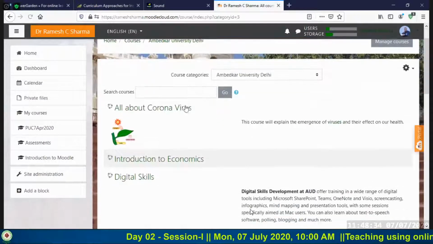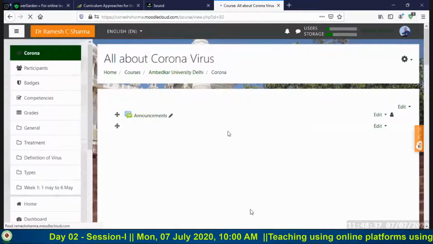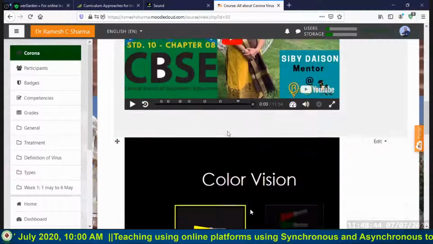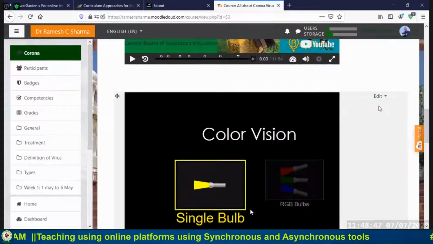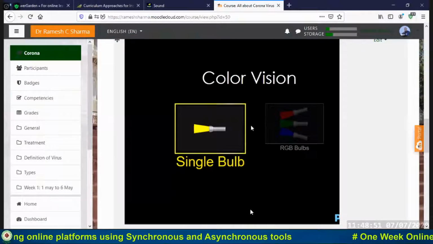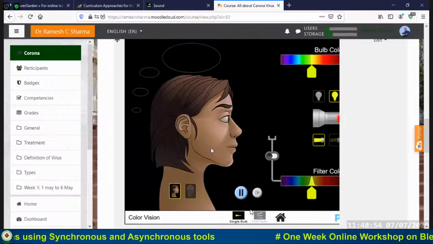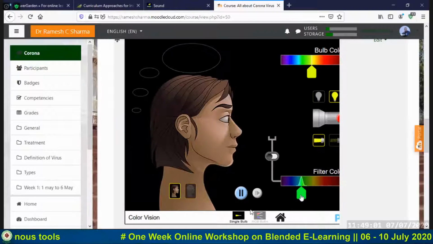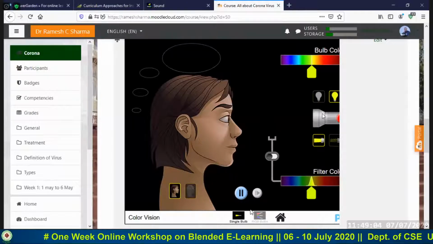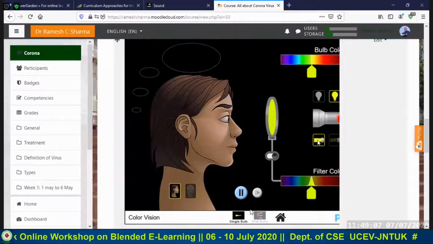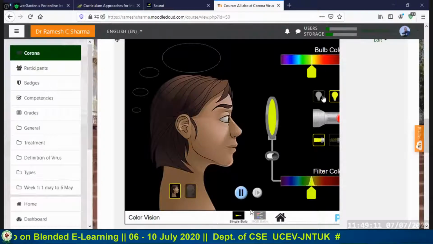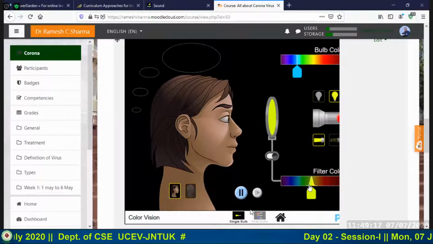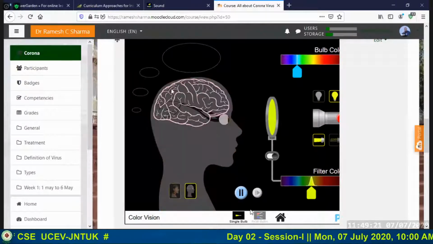So let me see where it was. I had shown about coronavirus. If it is the Miranda House. Okay, here is the embedding in my LMS. So what do we need? Say this is about color vision, how a person will see. So you select the color by shifting this filter, and you switch on the light. The lens is there, and then the light will come. How it will go from there, and select, click on it, and then it will show how the brain will